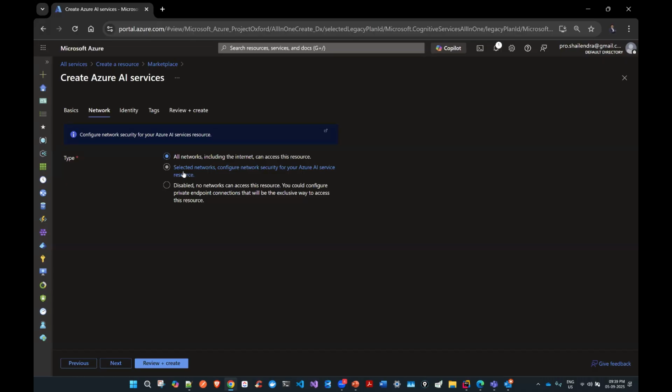Guys, if you have access to the Azure portal side by side, you can create it. If you don't have access, just see how I'm creating the things, because the important thing is that you understand. Ask the questions, the doubts, whatever you have in your mind, so that things are simple.